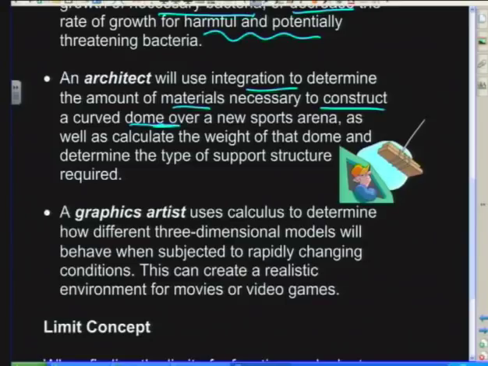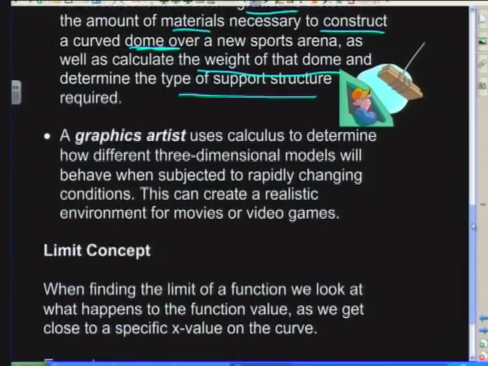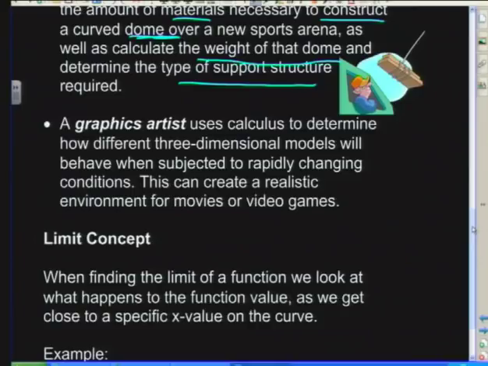Think here of the Moses Mabhida Stadium in Durban, as well as calculating the weight of the dome and determining the type of support structure that's required. And then something that you wouldn't think you really use calculus in, well, it's used indirectly by graphics